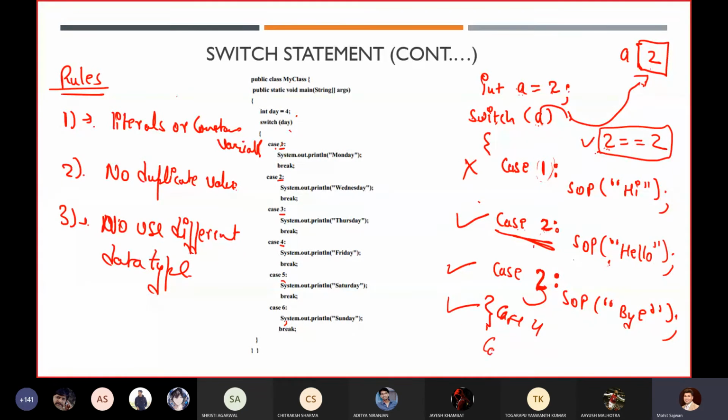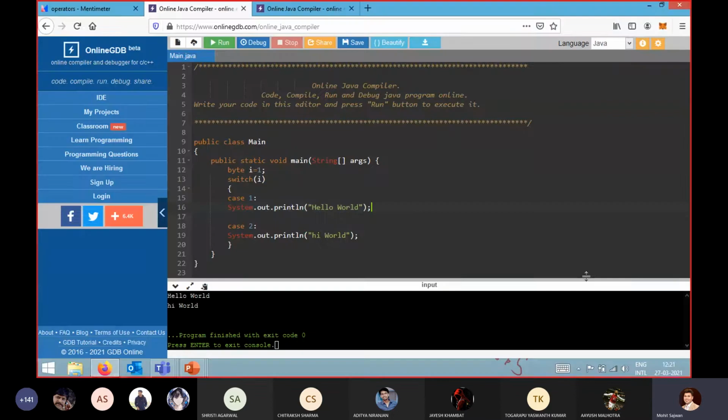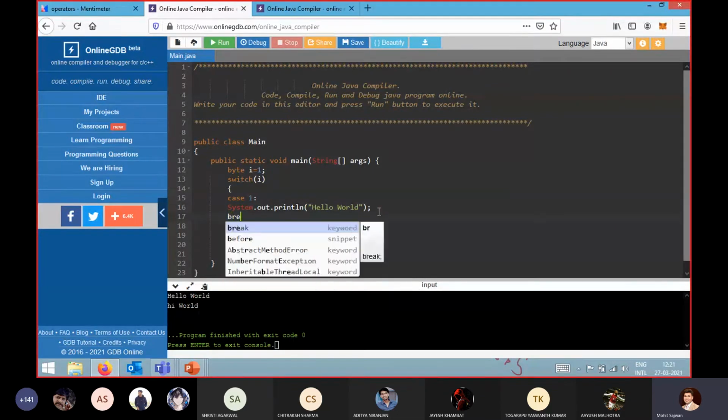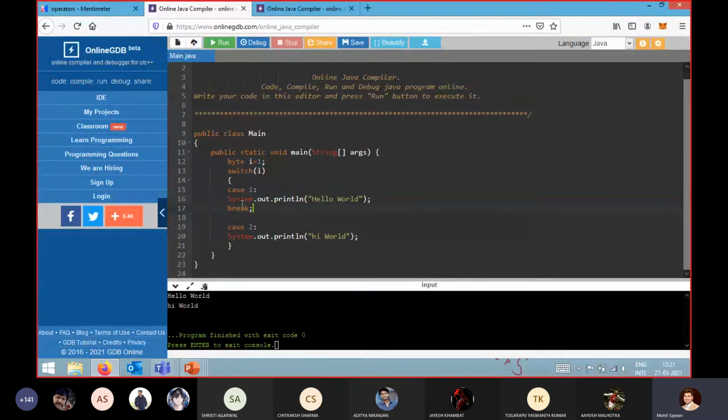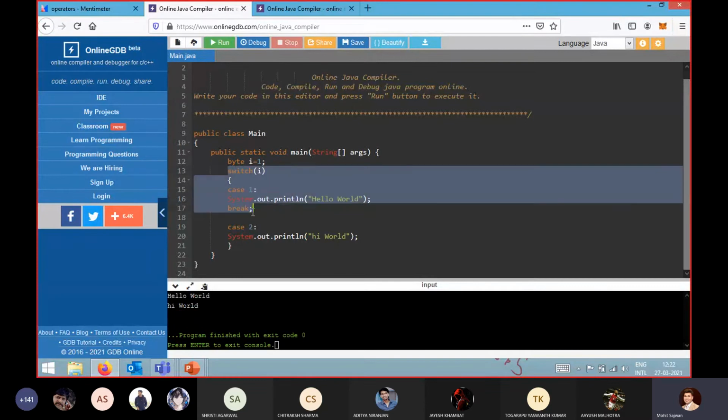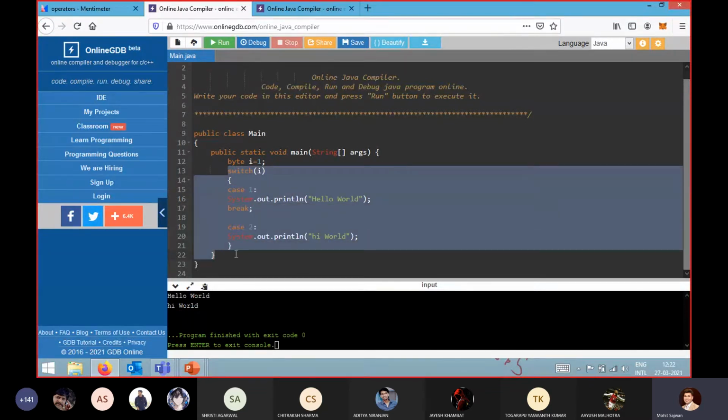If you have case 5 over there, then it will execute case 5 too. All the cases after that will be executed. So that is why we always use the break statement. What is the purpose of the break statement? The main purpose of the break statement is that if this condition is satisfied, we execute this statement, and later we entirely break the switch statement and come out of it.